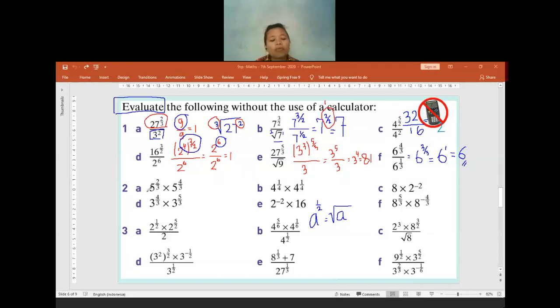Okay, for the question 2, we have the same base with a different index. So use the index laws that you have learned. It will be 5 to the power of how many? 6 per 3, which is equals to 2. The question is asking you to evaluate. When the question is asking you to evaluate, do not write the answer as an index number, but write it as a whole number. How many is 5 to the power of 2?